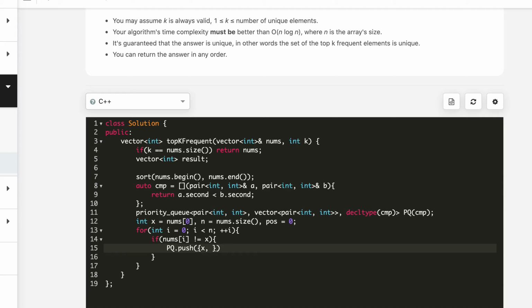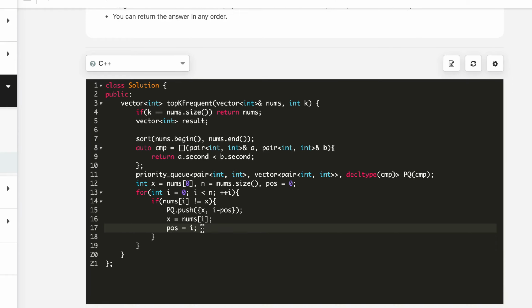So this is the count, I minus position, and this is the previous element. Now we have a different element, so x equal to nums I and position equal to I. And for the last element, we will never find a different element, so we will always push that.